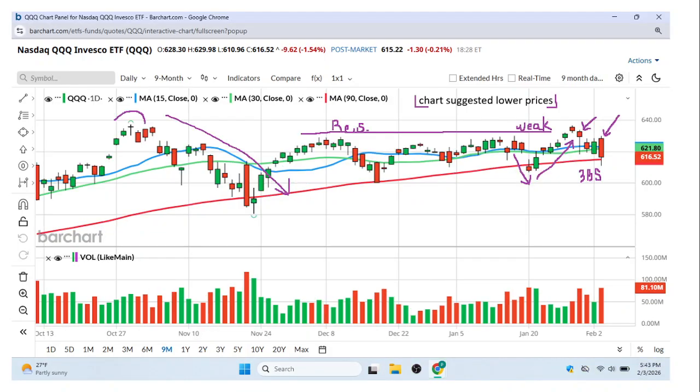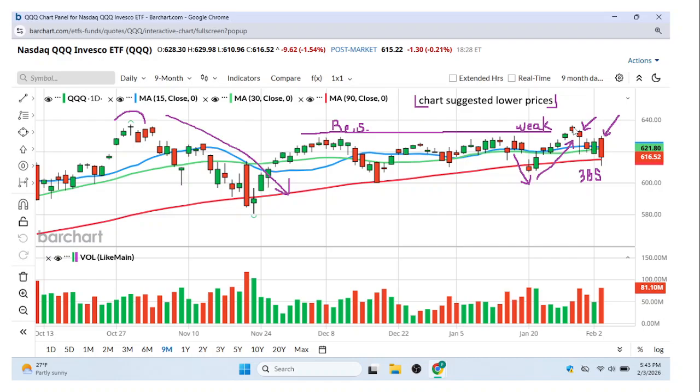Here we've got the 9-month daily chart, and we've got some resistance up here on the chart. We've got a new high way back here. We had a pretty significant sell-off into December last year. We had some buyers come in, push up prices. They tried it again, could not break resistance. And up here, it broke resistance, but immediately sold off.